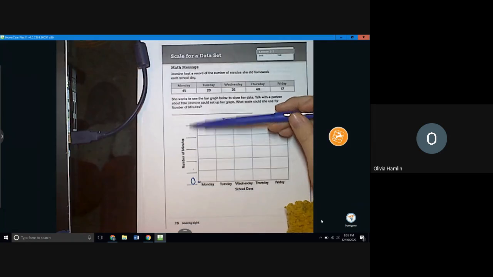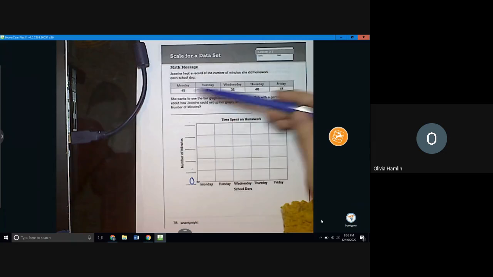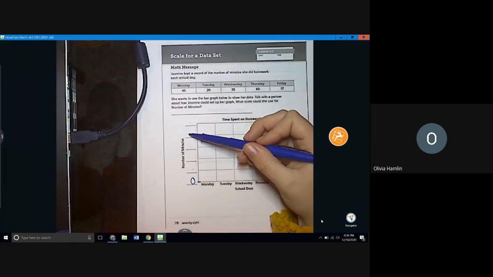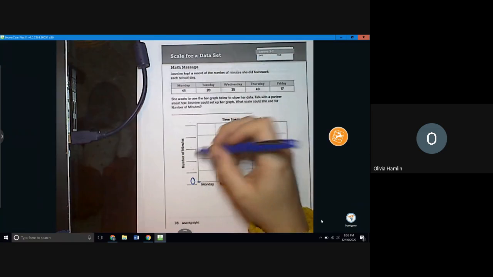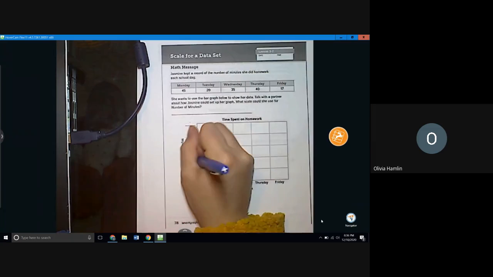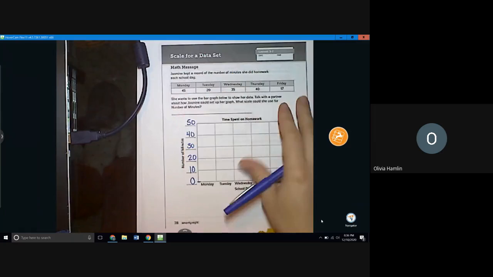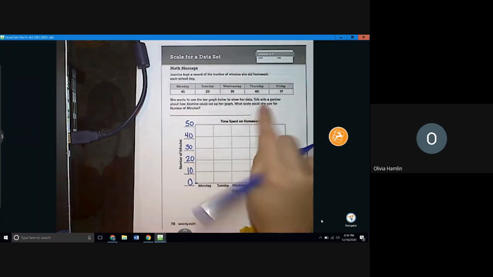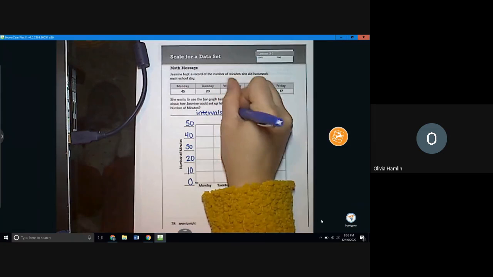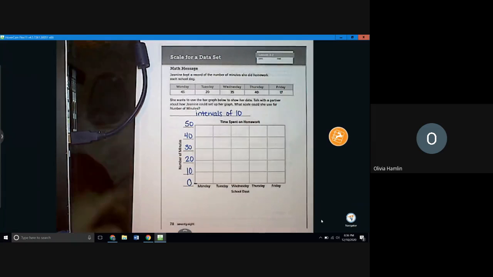5, 10, 15, 20, 25. Now, if we went to 25, we could graph 2 of our days, but we still are missing 3. Oh, sorry, we just did 5s. Let's try 10s. 10, 20, 30, 40, 50. 50 works. So 10, 20, 30, 40, 50. We set up our scale of intervals, like skip counting, intervals of 10. Okay? Now we need to graph the days,